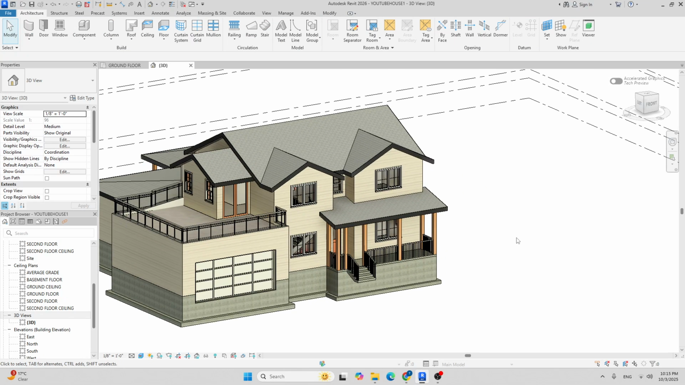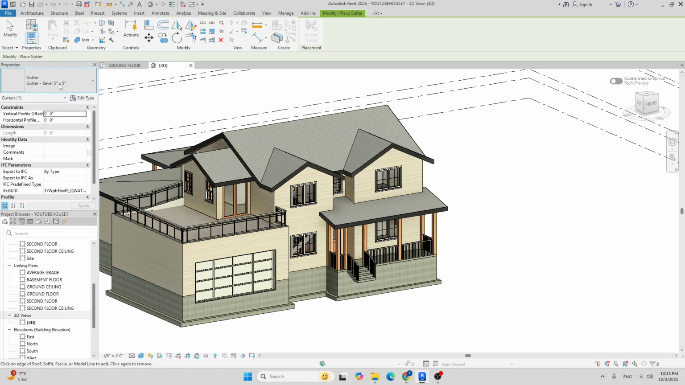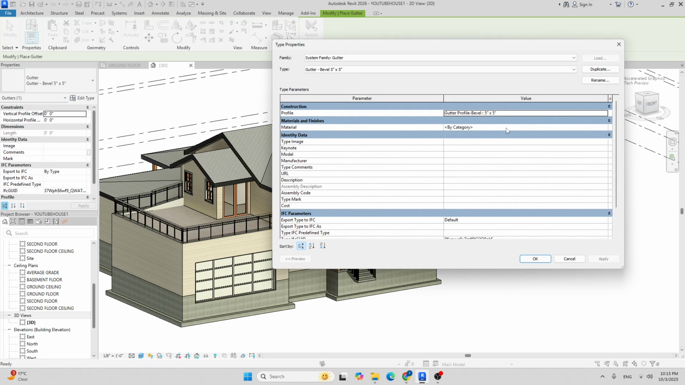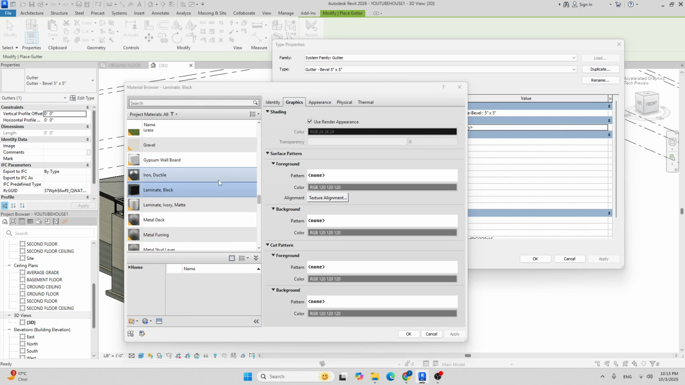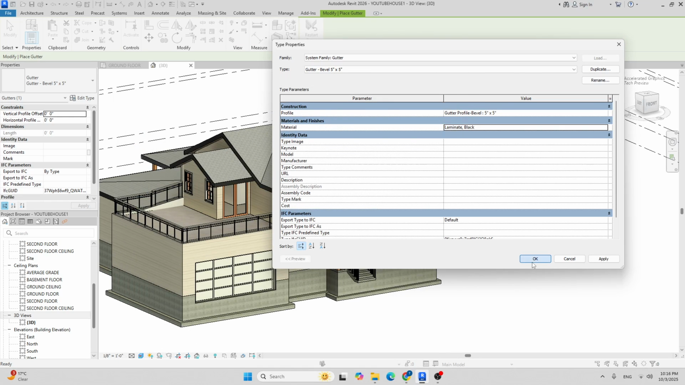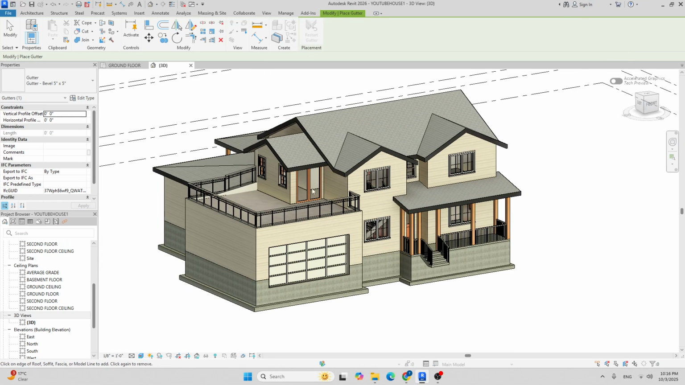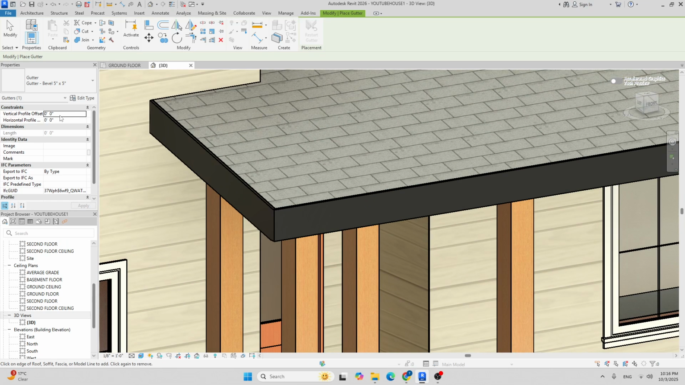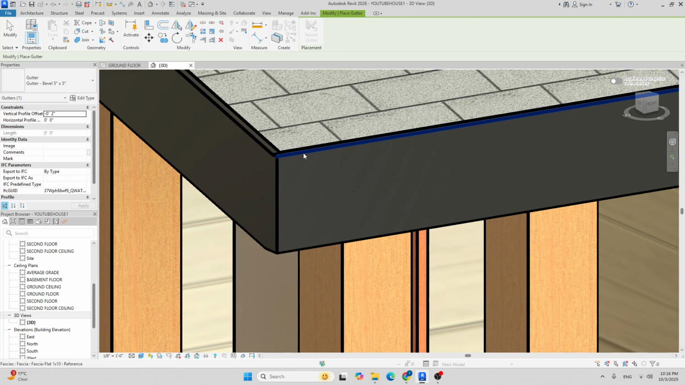And the next part, I'm gonna add some gutters. So under the roof command, under this arrow, you guys can find this gutter command. I'm gonna click it, and I am gonna use this gutter bevel 5 by 5 inches, and I'm gonna change the materials into laminate black also, and I'm gonna hit OK. So for the vertical profile offset right here, I'm gonna go -2 inches. And I'm just gonna click the outer edge